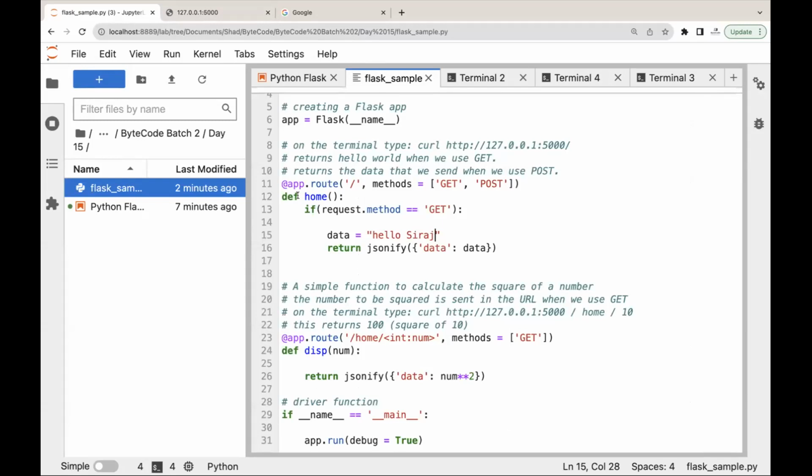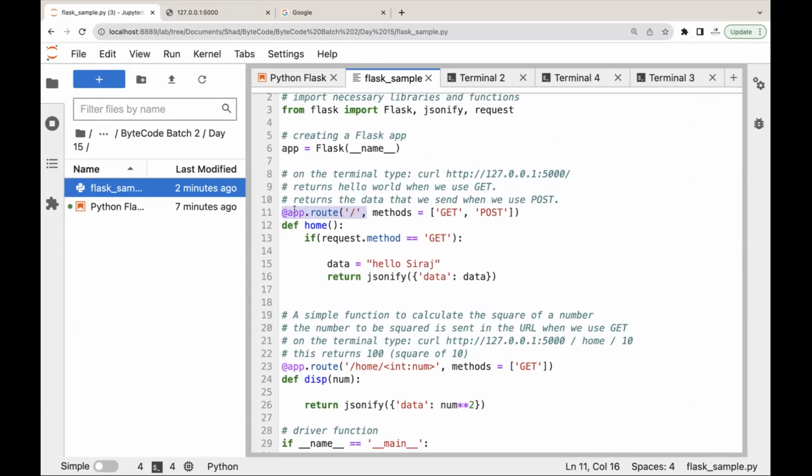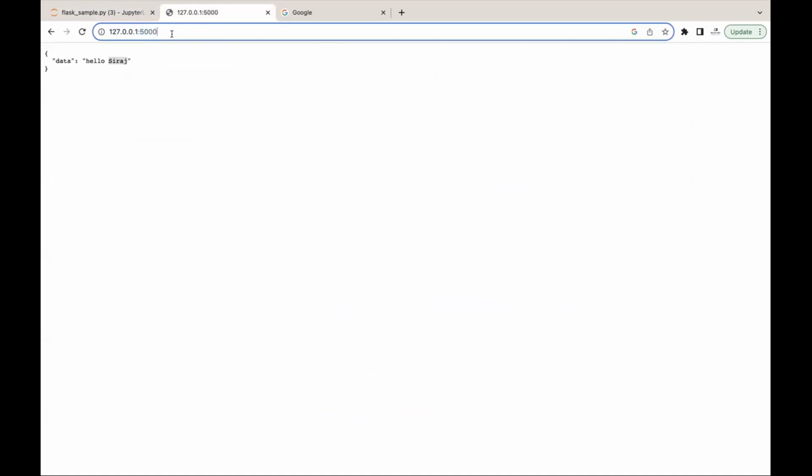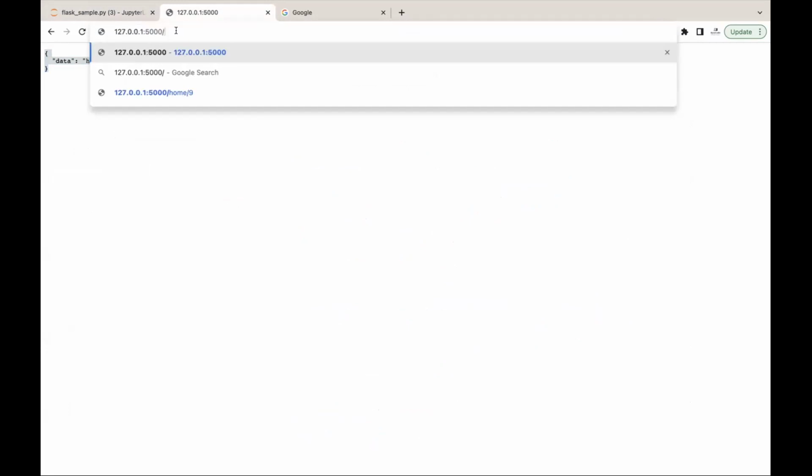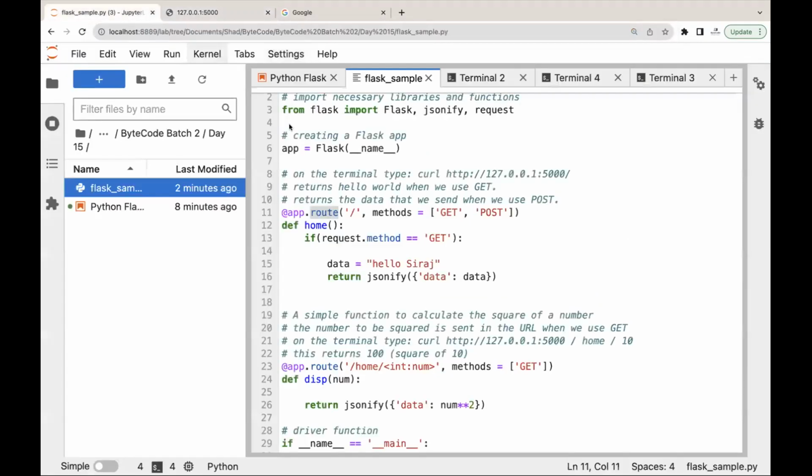Basically what is happening here is you might be seeing this app.route. This is a decorator function, where app is basically the app, and here you are adding route methods. In here you are basically giving the address at which this API will be called. First will be the IP address, second will be the port, third will be the location inside the route at which this API will be called. For example, if I say Siraj,